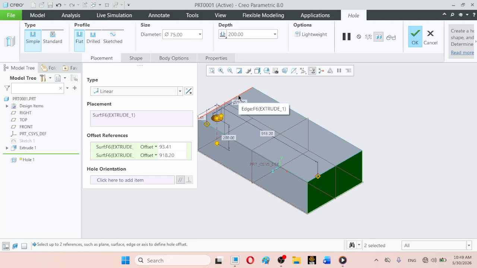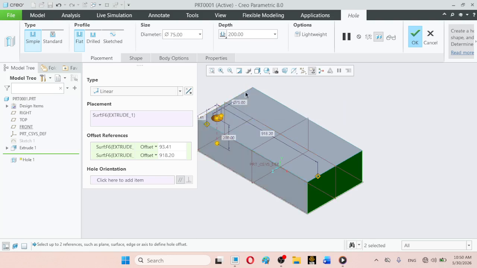For example, we require 4 rows or 3 rows or 2 rows, whatever the number of rows along the length, and the number of columns along the width, this 500.